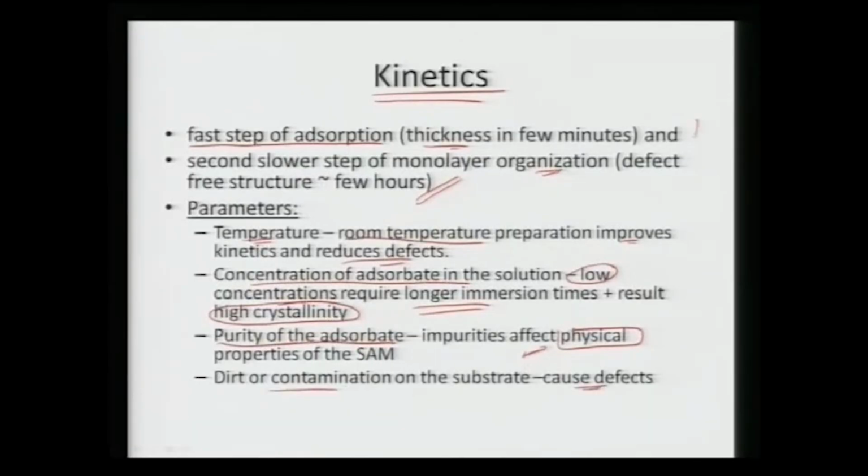So, we can see the kinetics is basically being dictated by the rate at which the chains are getting organized, and there are certain temperature or pressure parameters. If you have higher temperature, it might lead to very rapid formation, but it can create many more surface defects. So, lower temperature preparation can make it much more crystalline in nature. The kinetics will be much lower, but it will have far fewer defects. And lower concentration can again impart higher crystallinity, because now they will have enough time. The overall deposition and then organization will be much quicker